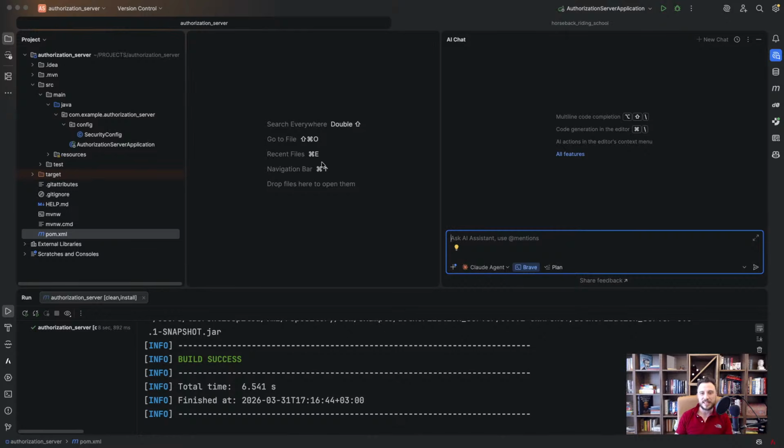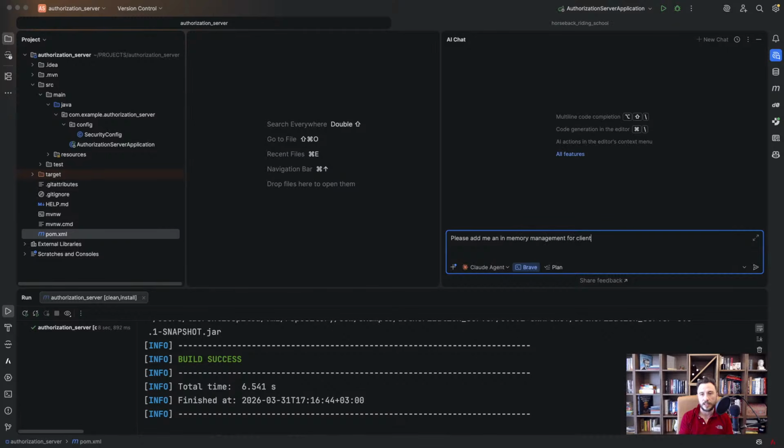So that being said, I would go with Keycloak, but since this stream is not about configuring Keycloak, it's about working with Spring applications, I prefer to take the approach of using the Spring Authorization Server framework and customize it myself. So what I want to do here is please add me an in-memory